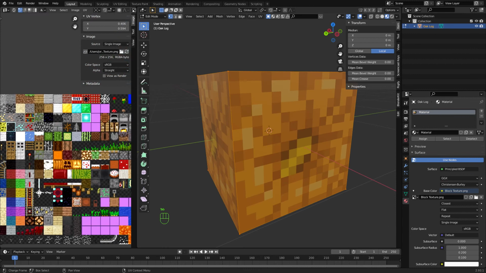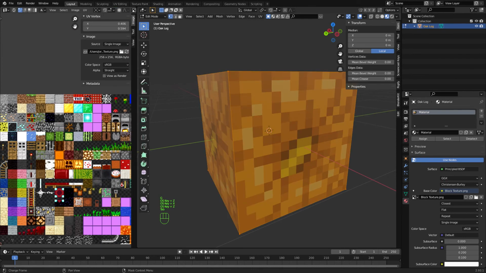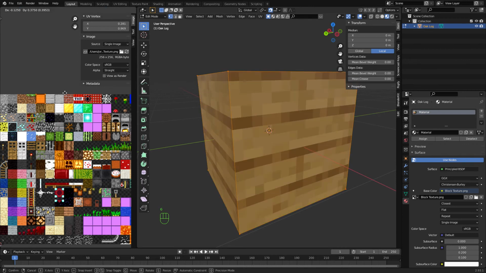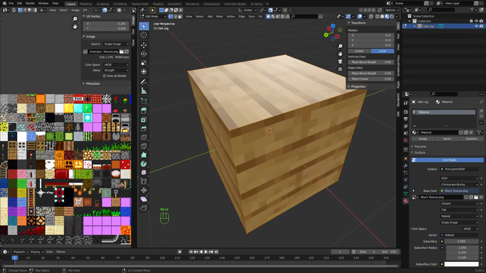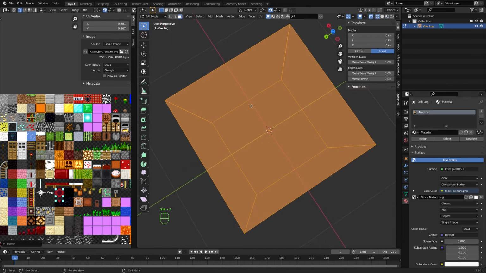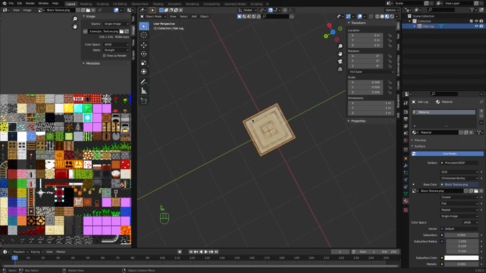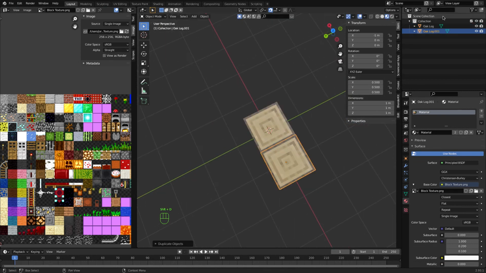Now what we do is I'm just going to go G. Let's turn on snapping, like that. Go G, just like that, good. And the top bits, I'm just going to select them and change them to the correct texture. Perfect. Now I'm going to go Shift D, and I'm going to change this to